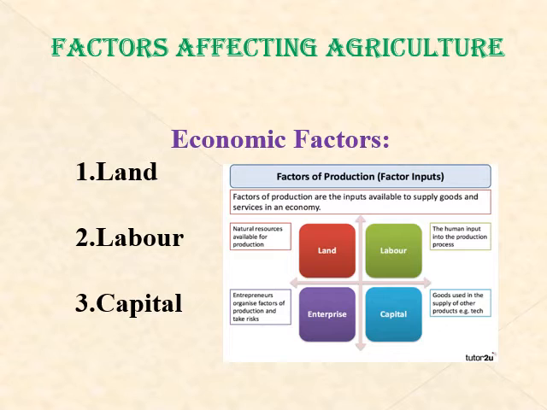Second, labor. Students, the availability of labor has great influence on cropping patterns of a region. The labor requirements vary with different crops. In many parts of India, seasonal unemployment exists in rural areas, whereas during the periods of harvesting there could be a shortage of labor. The farmers of Punjab greatly depend on migrant laborers for growing wheat and rice crops.